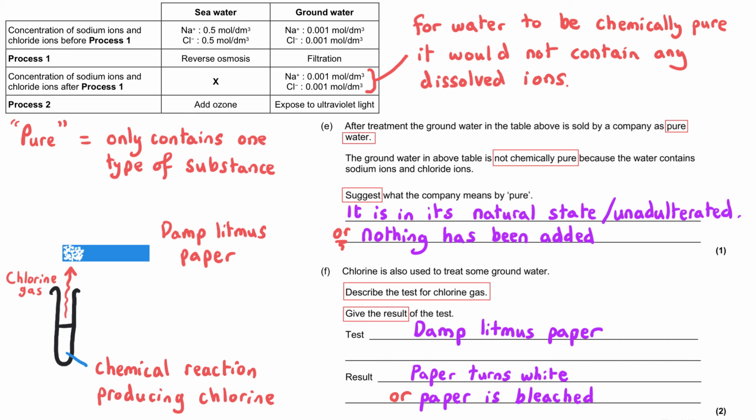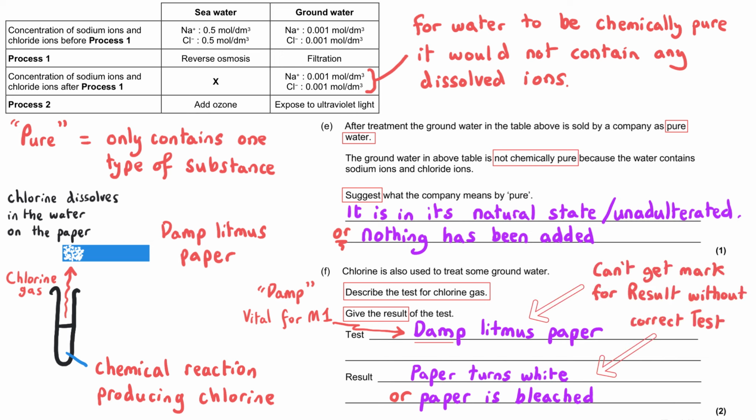And this makes sense because actually chlorine that has been dissolved in water is one of the components of bleach. And so saying that the chlorine is bleaching the litmus paper is very literal. But that's why the paper needs to be damp, because without it, the chlorine would not dissolve in the water and would not interact with the paper. Sometimes for chemical tests like this, you cannot get the mark for the result unless you get the test correct. I think if you said litmus paper rather than damp litmus paper, this would be an exception. You would be able to get that 2nd mark, but you would not get the first one unless you said